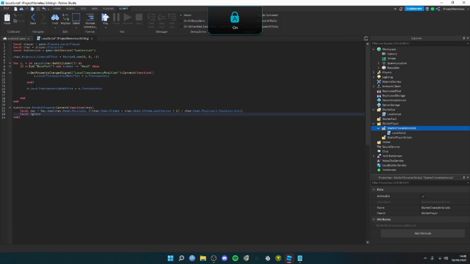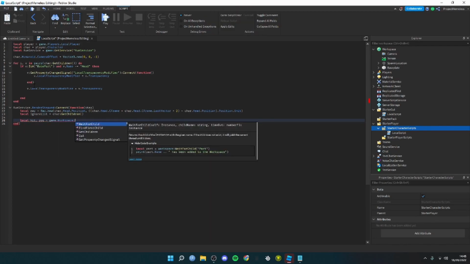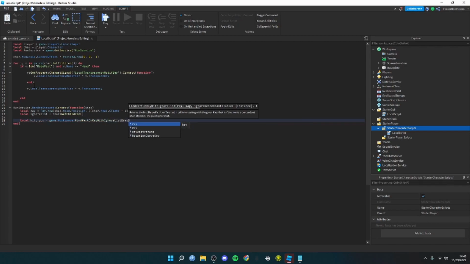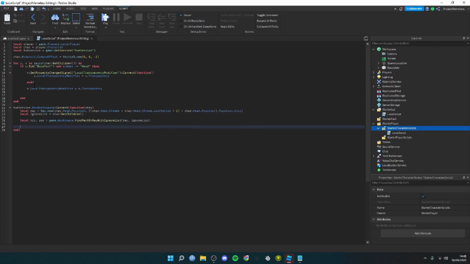local ignoreList equals character:GetChildren(), local hit, pos equals game.Workspace:FindPartOnRayWithIgnoreList(ray, ignoreList). If hit, then